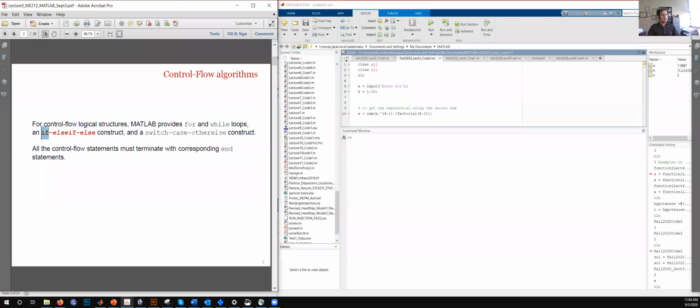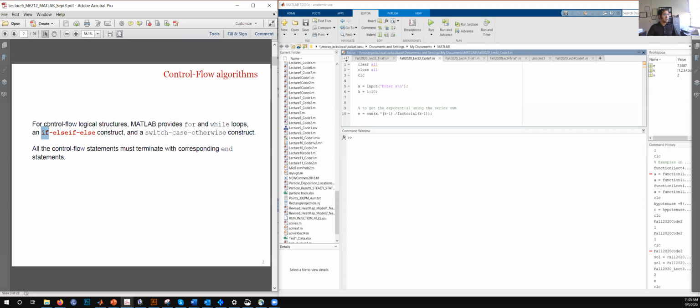So as the name suggests, if means that you are going to tell MATLAB that, okay, if this is true, then do that other mathematical operation. So basically you are going to control what MATLAB does by setting some kind of condition into the program, which MATLAB is going to check. As long as that condition is true, it's going to carry out a certain set of operations. If that condition is not true, it's going to carry out a different set of operations. But the bottom line is still the same. You are trying to make the computer work more. And you do that by setting these kinds of logical structures inside your code.